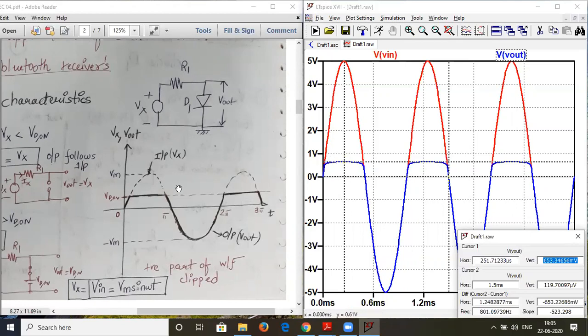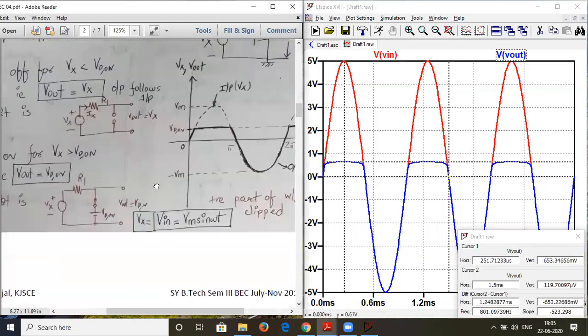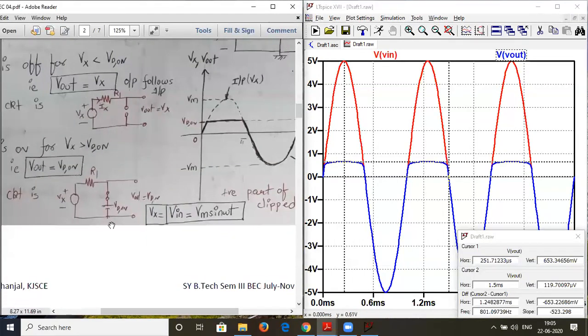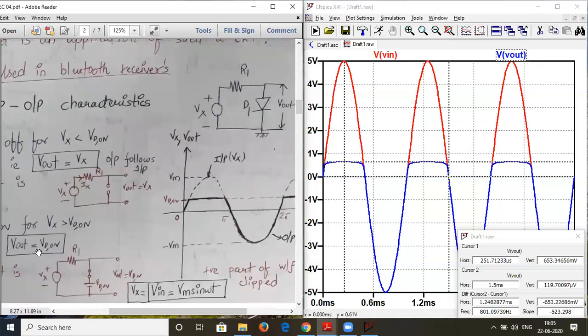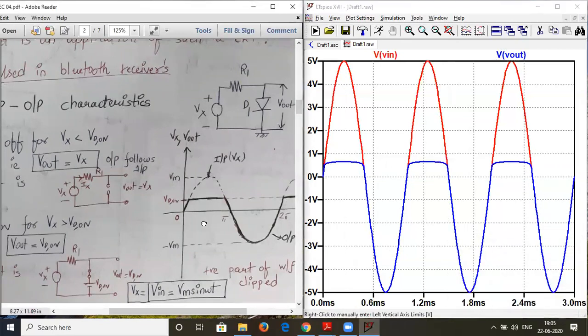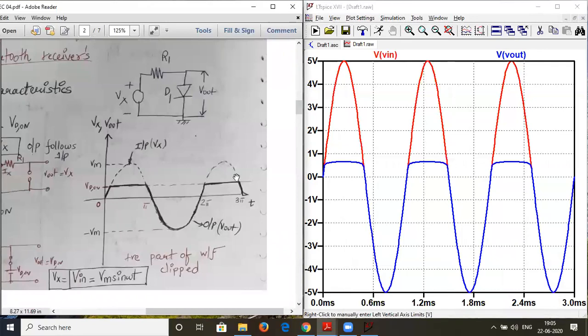And as soon as the diode input crosses this VDON, it is replaced by a short circuit and this VDON, and the output circuit will be limited to this 0.653. So as you can see, the output voltage is clipped as soon as it tries to go beyond this value VDON. So that's what the meaning is, and that's how the circuit will look exactly like this. I hope this explanation is very, very intuitive and very simple. I hope you all might have followed this.